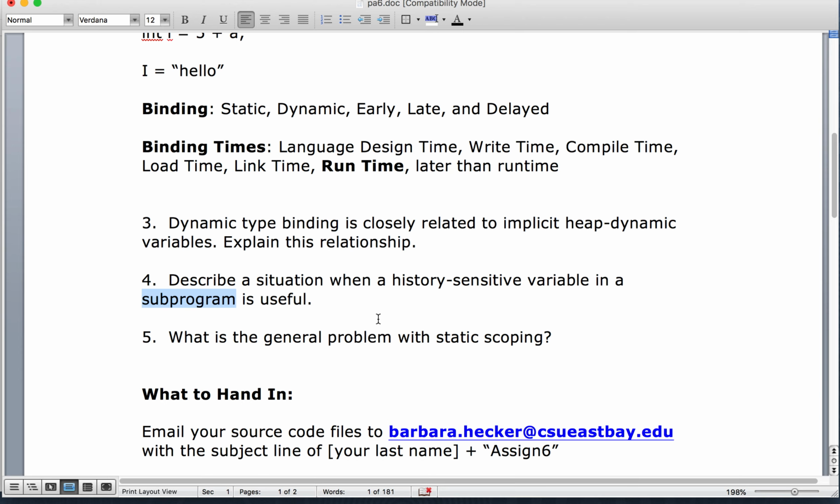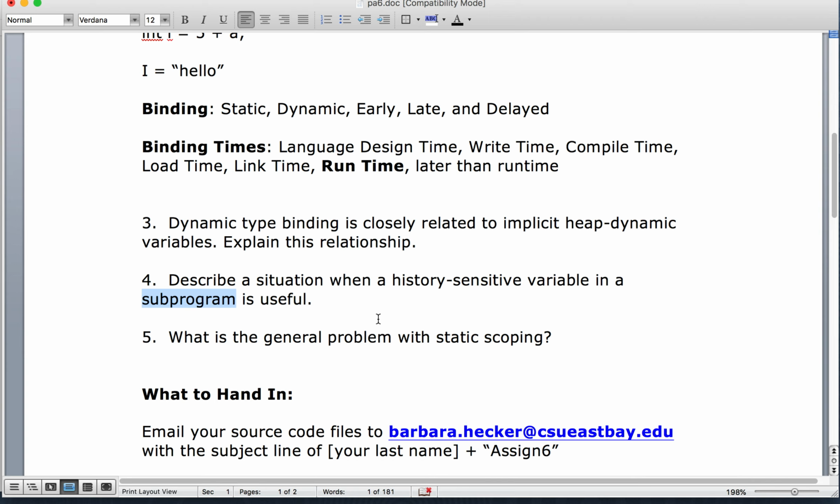Okay, so when you want the data to change outside of the function, then you want to use history sensitivity. So history sensitivity in terms of a function means that you don't have to pass the information to the function and you don't have to return the information from the function. And because you don't have to do that, it's quicker. You just use a function. Now, I will tell you that Python has history-sensitive functions. I don't have to pass the data to the function, and I don't have to return the data from the function because I have a